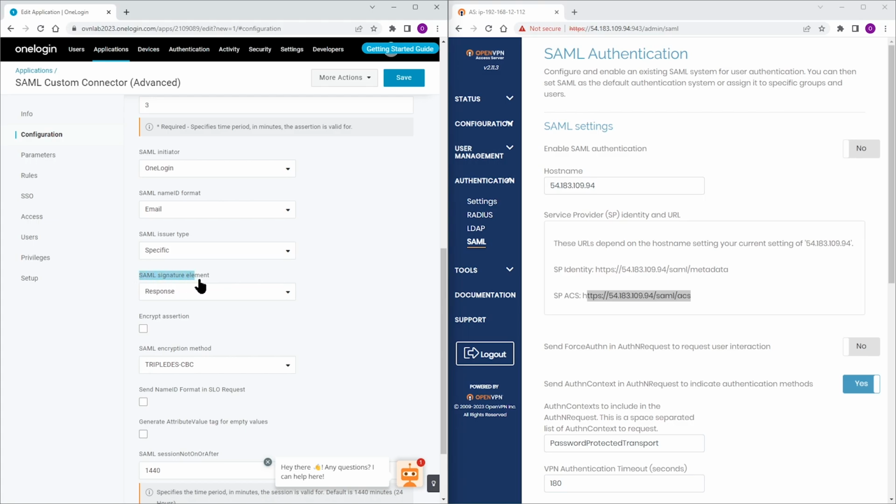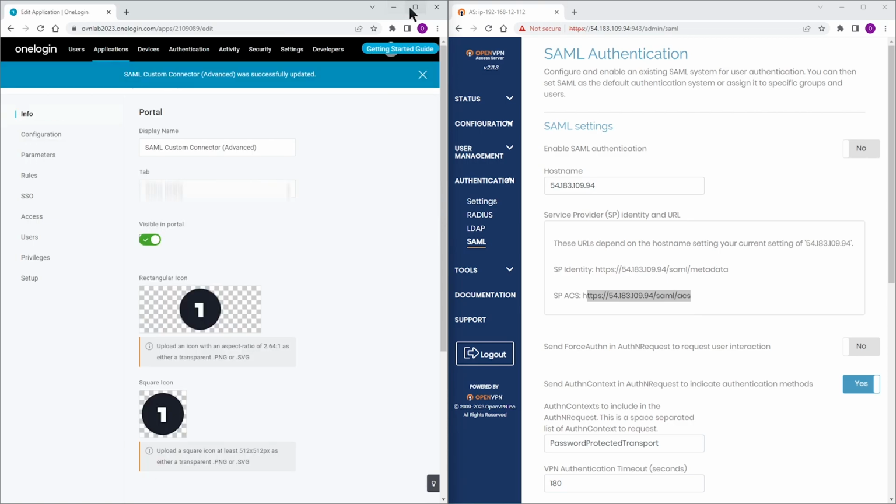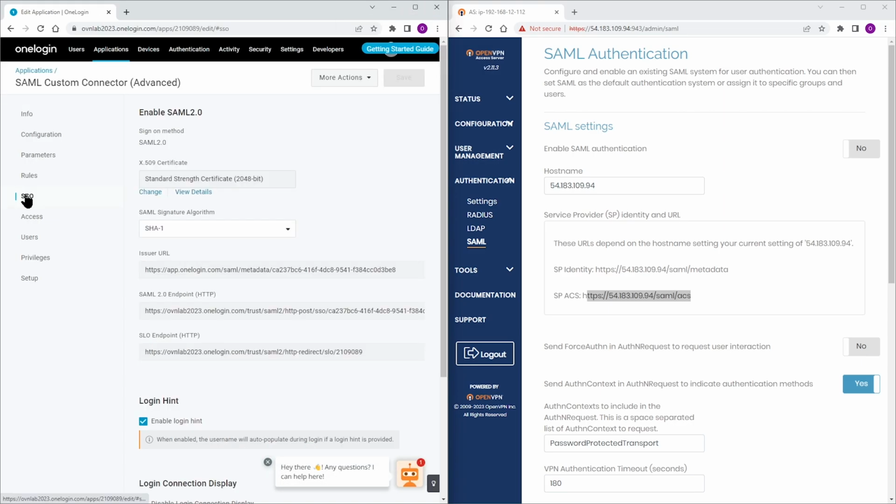Okay, then scroll down to where it says SAML signature element, drop down, choose assertion, and that's basically it. That's all I need to do here. Click on save. Now, once saved, here we go. Now, I'm going to go to SSO, and we need to copy the issuer URL from this page. So I'll copy this one, and now I'm going to head back to my admin UI, Access Server admin user